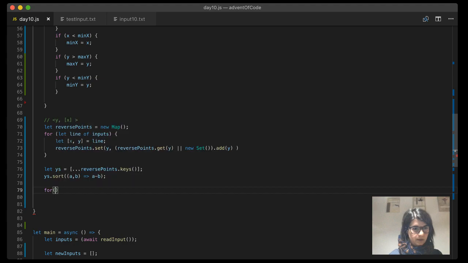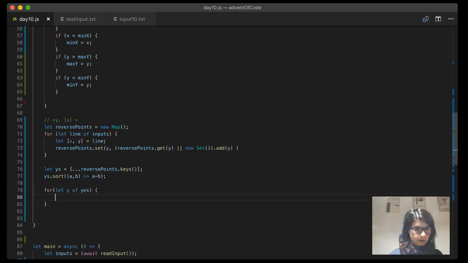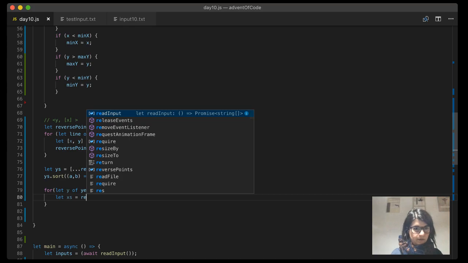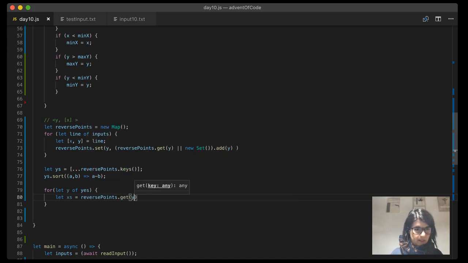For let y of y's. So for every y, let x's equal reverse points.get(y), x's.sort,